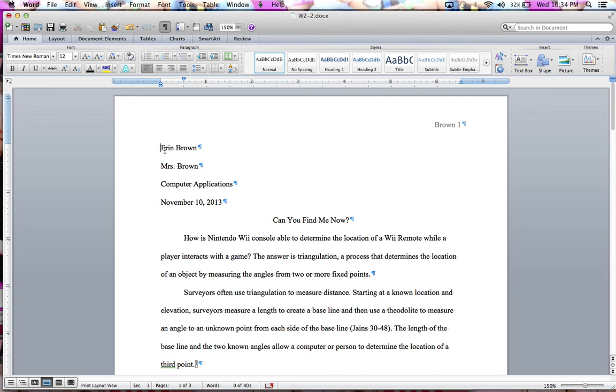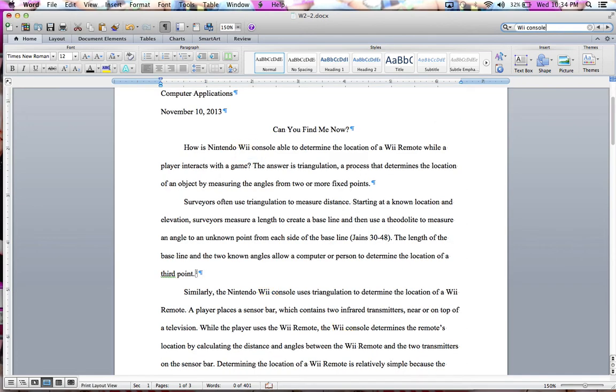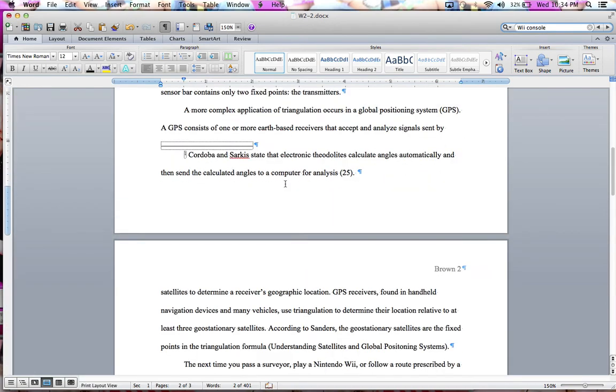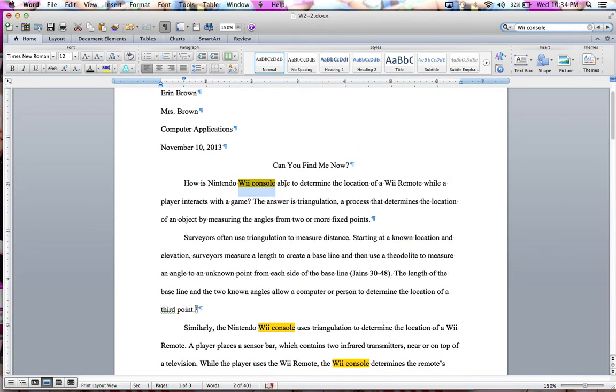Notice it moves my insertion point right up here at the beginning of my paper. So come up here to the search in document, and we want to search We Console. And notice as we're typing, it is recognizing and highlighting in yellow We Console everywhere in the paper that we've typed it. Okay? So now we're going to come up here and click this little